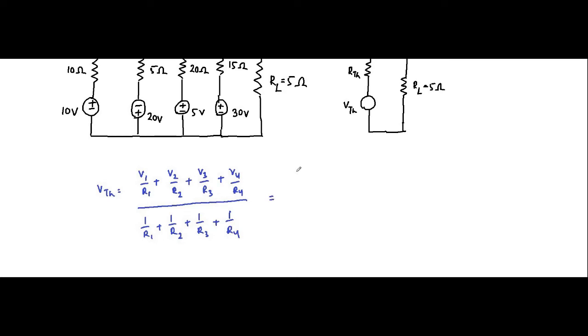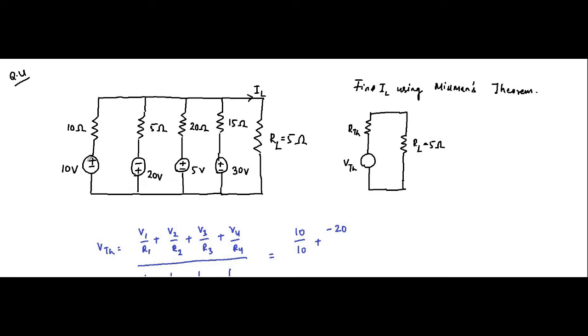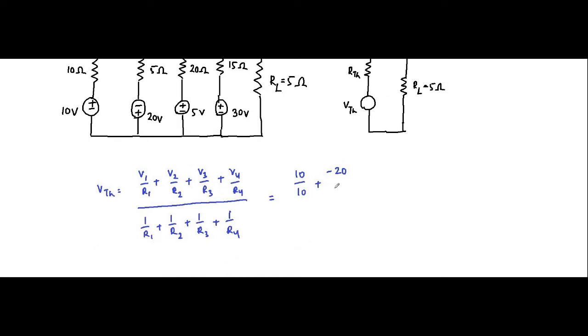Here V1 is 10, R1 is 10, V2 is minus 20. Always pay attention to the polarity. Here everything is plus minus, plus minus, plus minus. Only this 20 volt is minus plus. So there is minus 20 divided by R2, which is 5 ohm, plus 5 by 20 plus 30 by 15